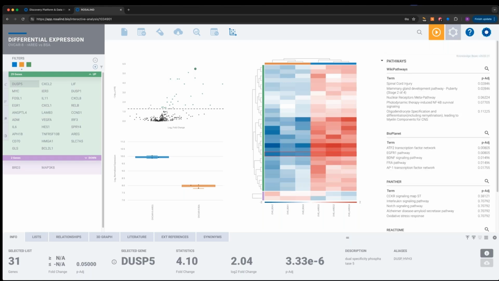And here we can access databases such as WikiPathways, BioPlanet, PANTHER, Reactome. You may have heard of these before. And before I go into this, let's take a step back and think about the experiment we're looking at. So this is again an ovarian cancer cell line treated with amphiregulin. If you're not familiar with amphiregulin, it's actually a ligand for EGFR and the EGFR signaling pathway, that receptor.